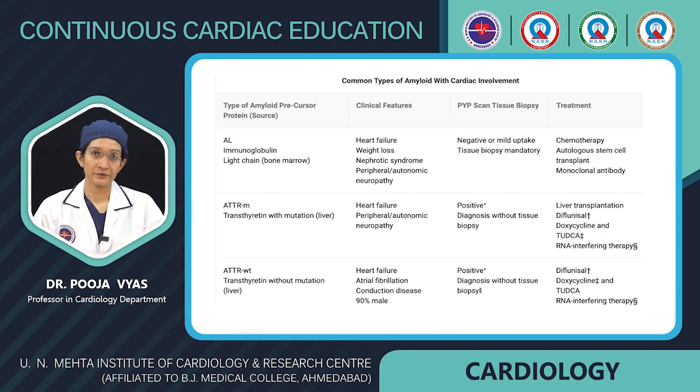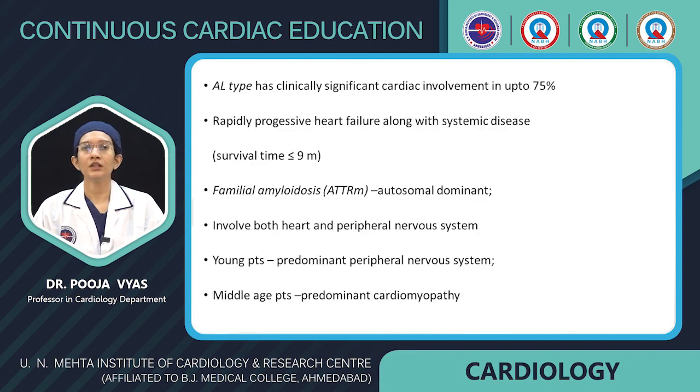Similarly, in wild type of transthyretin amyloidosis, the most common clinical features are heart failure, atrial fibrillation, and conduction diseases, and most of the patients are male, mostly more than 65 years of age. Now, AL type of amyloidosis has clinically significant cardiac involvement in up to 75% of the cases,